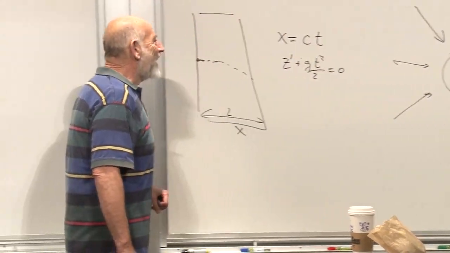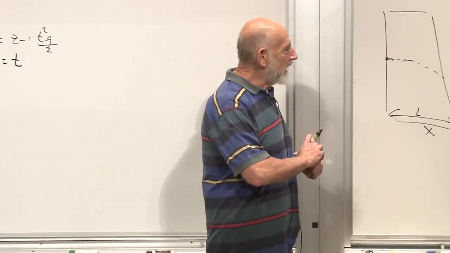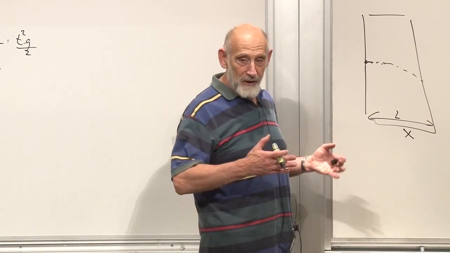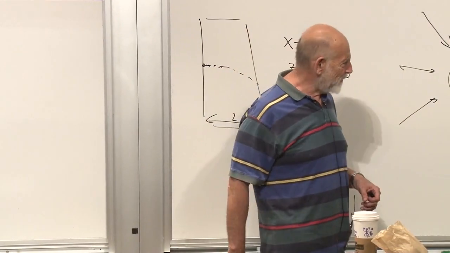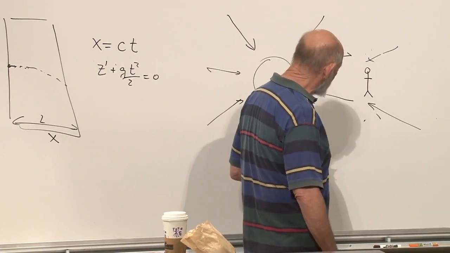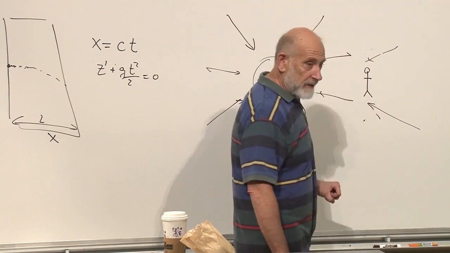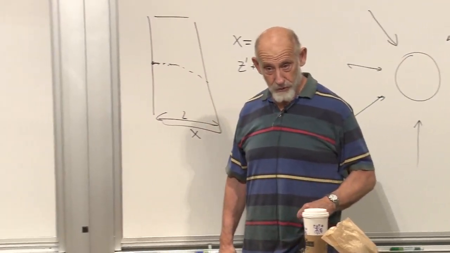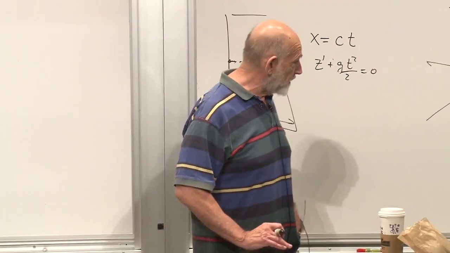So it is not true that gravity is equivalent to going to an accelerated reference frame. Einstein, of course, knew this. I mean, he was no fool. So what he really said is that small objects for a small length of time cannot tell the difference between a gravitational field and an accelerated frame of reference.